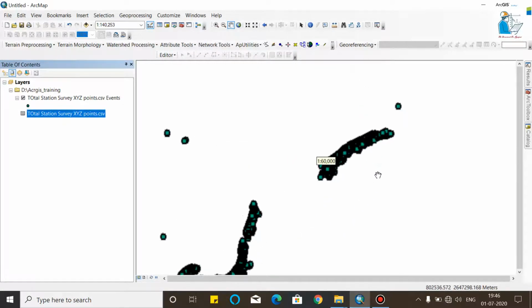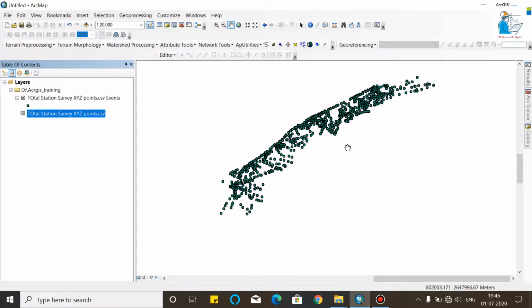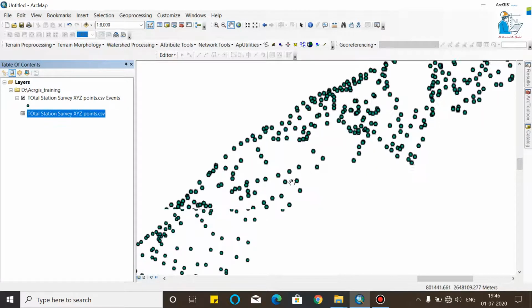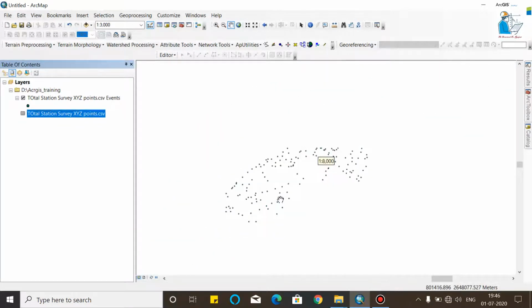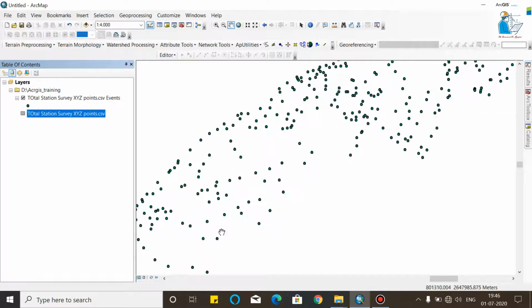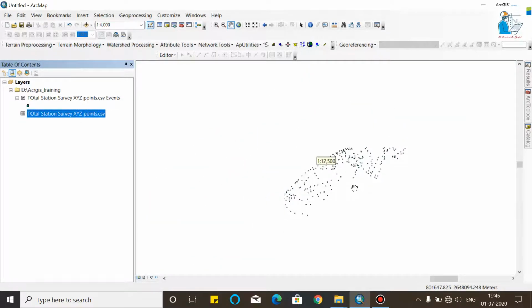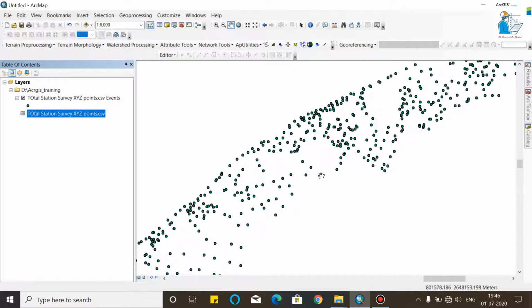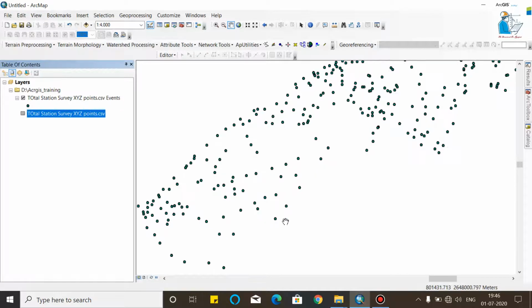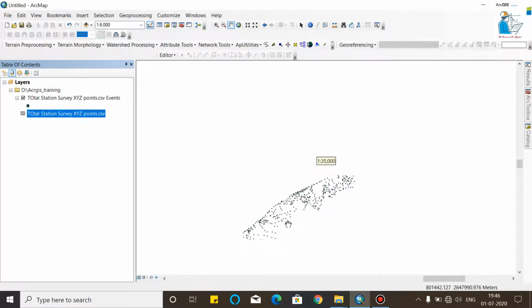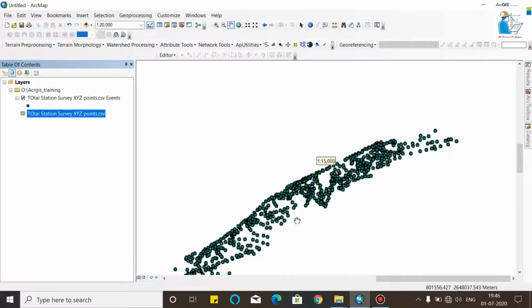This is now creating my point vector data. As you can see, your point file is created. This is your point file. This is the total station GPS point data converted into a point file in ArcGIS. In this way, you can import all survey data, and you can also